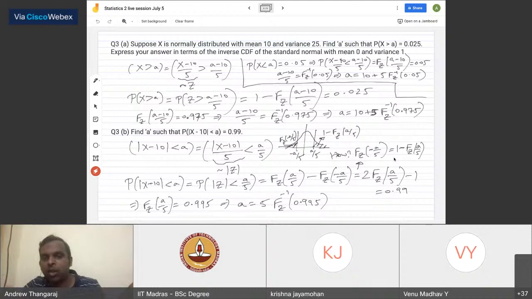So keep this in mind. When you're given a problem, these kind of problems are important. And how do you solve it? You just patiently apply everything that you did so far, right? You convert to the standard normal. You may get a slightly non-trivial event involving the standard normal. So you just equate it carefully, use the symmetry property, and you can express the answer in terms of Φc inverse.